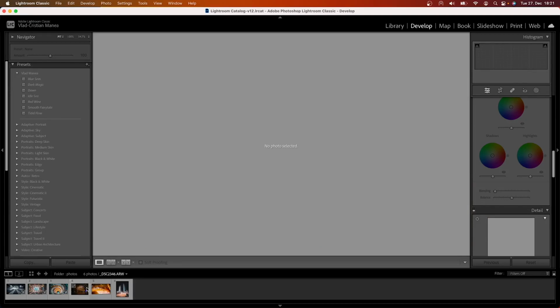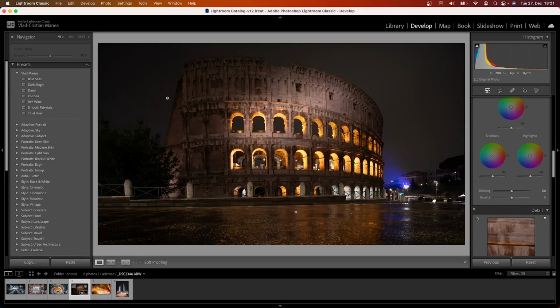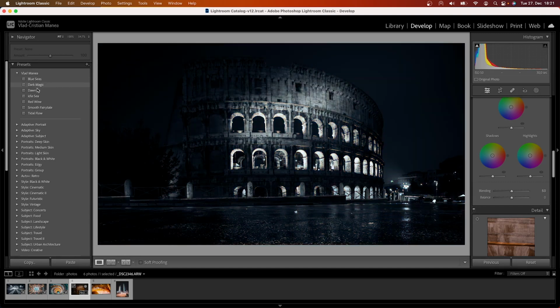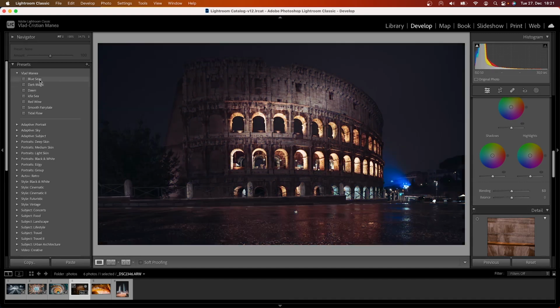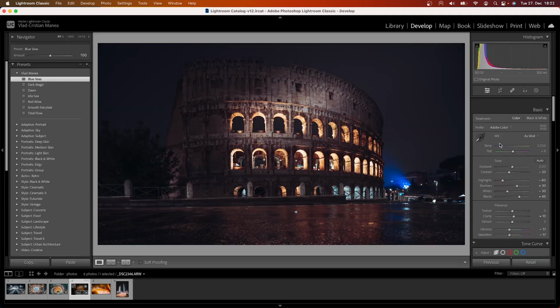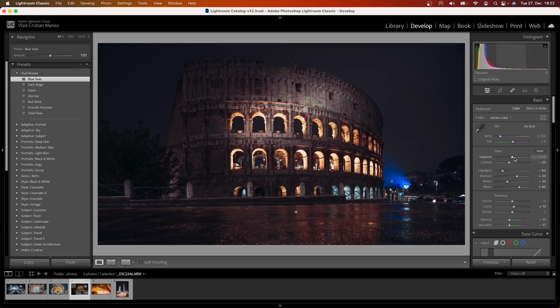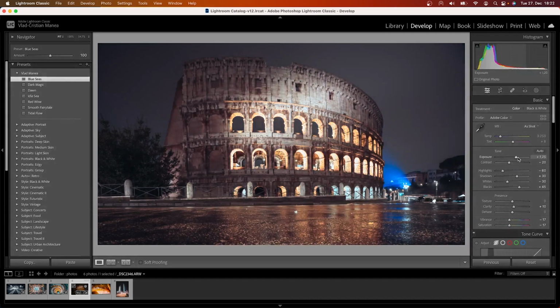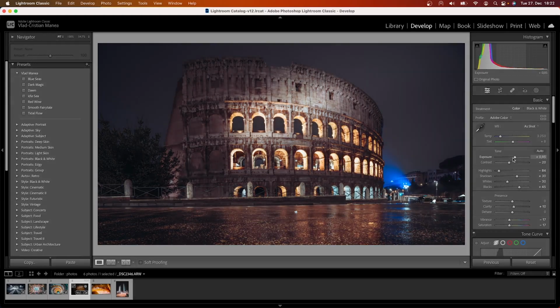Let's try another one. Let's try this one. I think I will pick the blue seas for this one, and I can go up, and I would like to turn the exposure a bit more up. Maybe lose some of these highlights here, a bit of contrast.